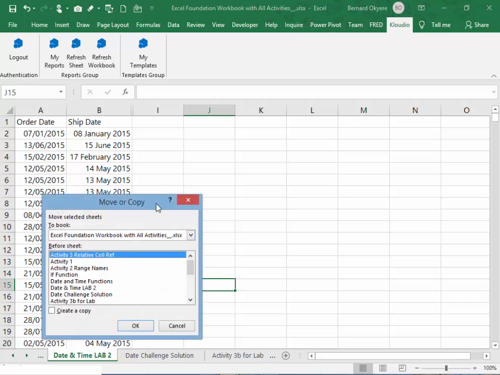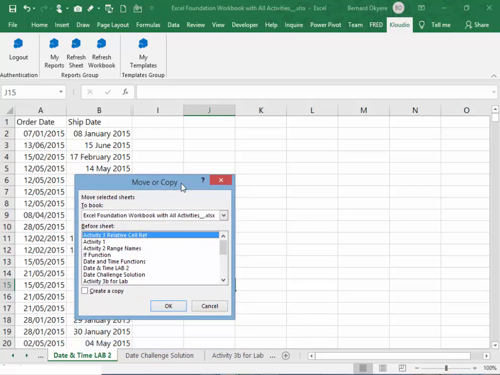Then the first thing you do here is to select the workbook. So we are moving to which book or copying? Okay, we are copying. So we are copying to which book? Please, if you don't check the create a copy, it will move this one. In other words, it will delete it from this workbook. Okay, so I'm sending to weekend lab session. So send yours to your lab session workbook, and then you check create a copy and make sure that you have